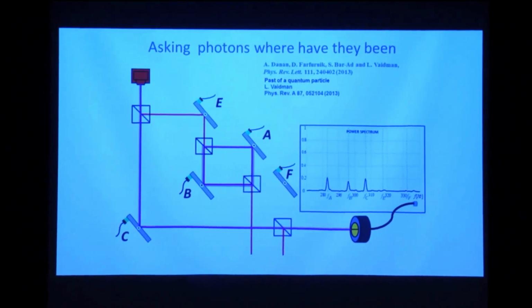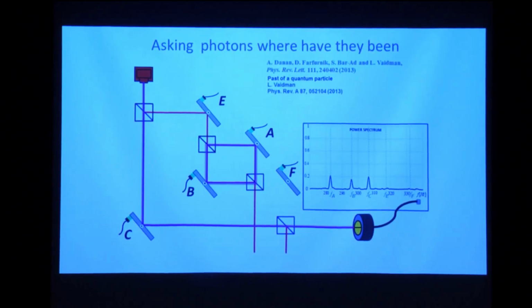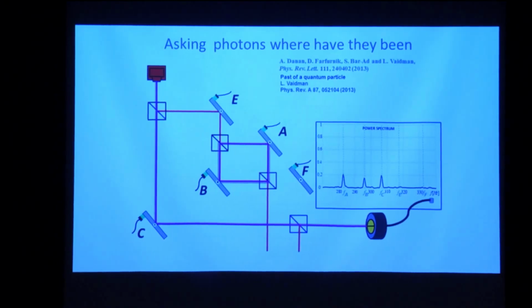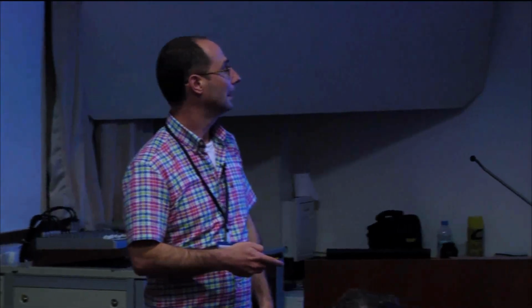In the abstract and in the publication, you invoke the two-state vector formalism to explain the results. Why did you not use it here? I thought I didn't have time, but if you want, this is the two-state vector. This is the forward going, and this is the backward, and basically we're saying the overlap is